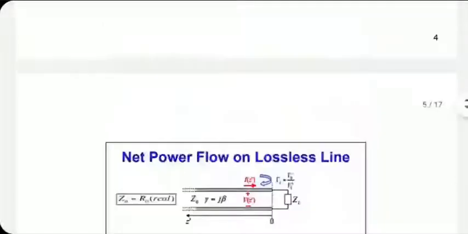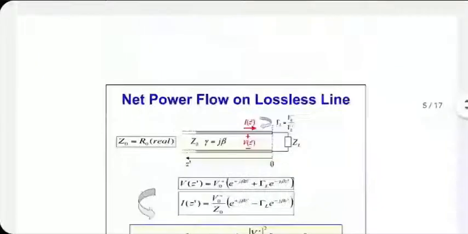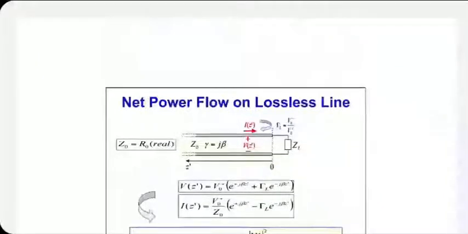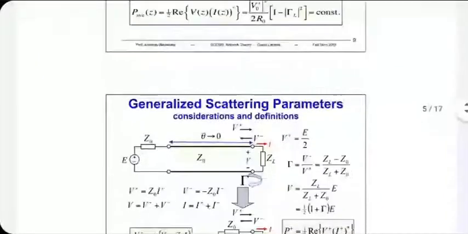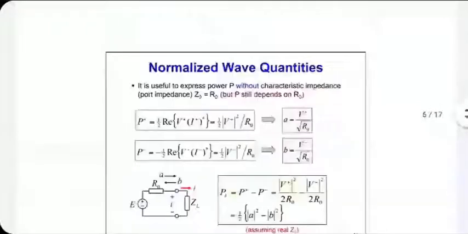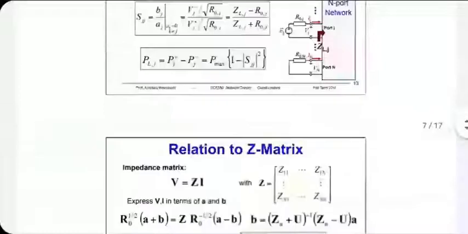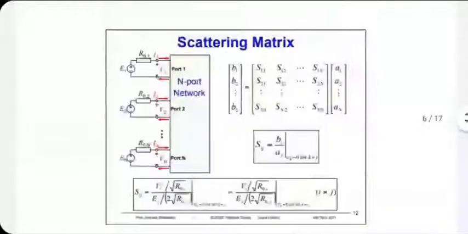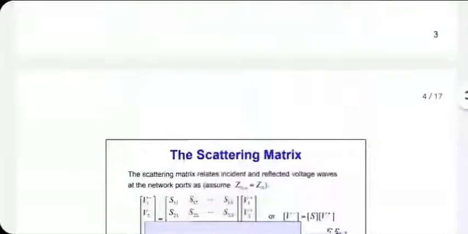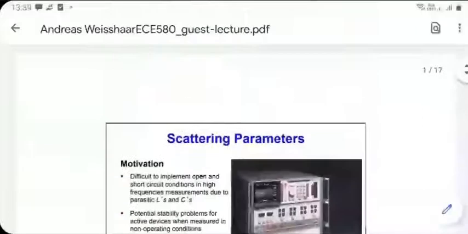Transmission lines, etc. I think it's net power flow, I told you already. Incident power minus reflected power is the net power going out to the load, etc. Don't get too focused on every slide in this presentation. I wanted to show you only the first 2 so that you appreciate that what we are doing in theory is not just theory. It's much more than that.